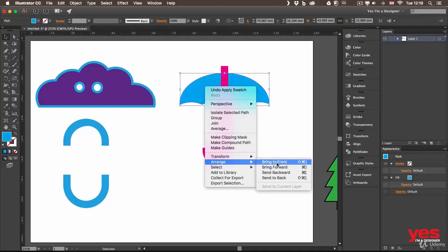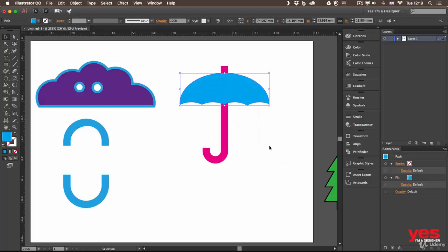And for now, just remember that you right click and then choose arrange, bring to front or back to change the order of objects. So that is just a quick example of how powerful even basic geometric shapes can be once they are combined with the techniques we learned in this video. So use the shape builder or pathfinder, and also don't forget the expand option with which you can turn strokes